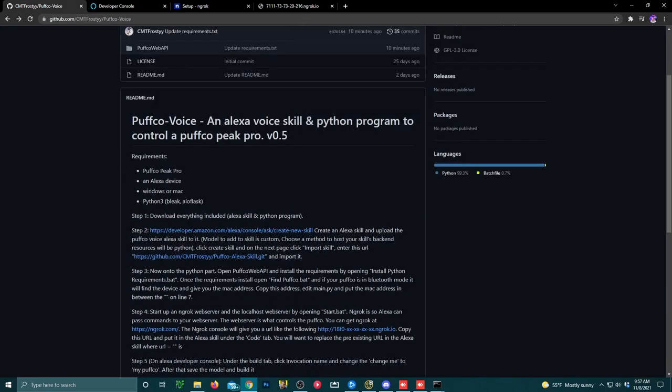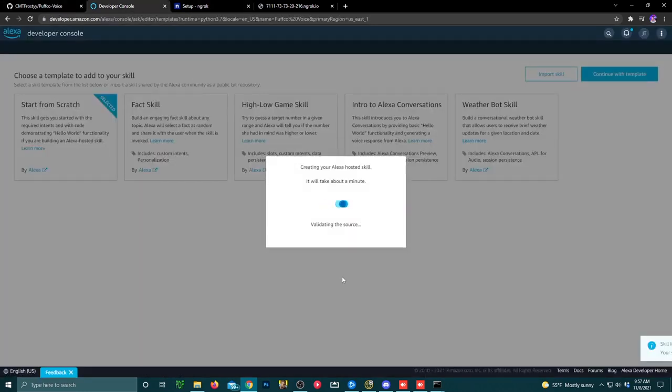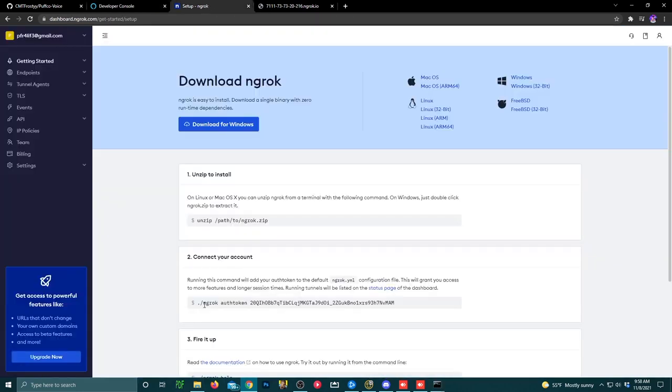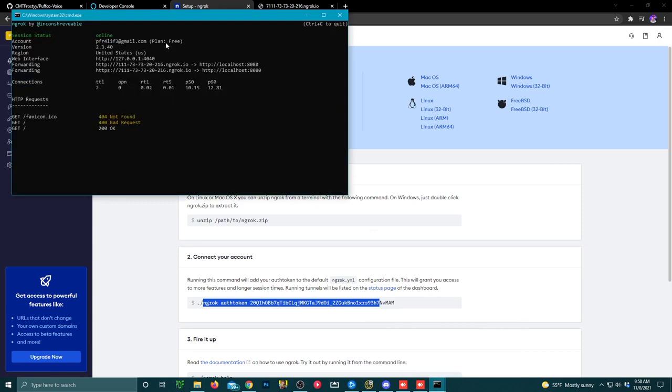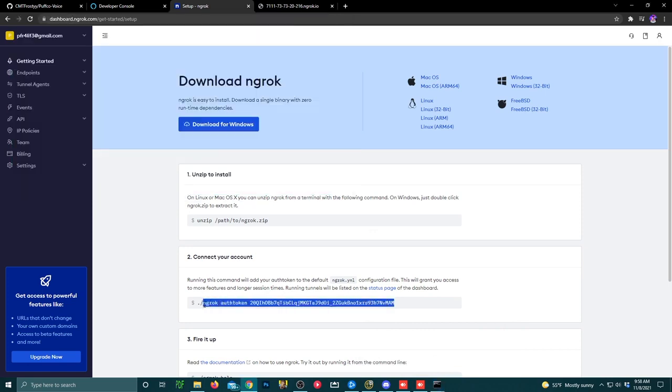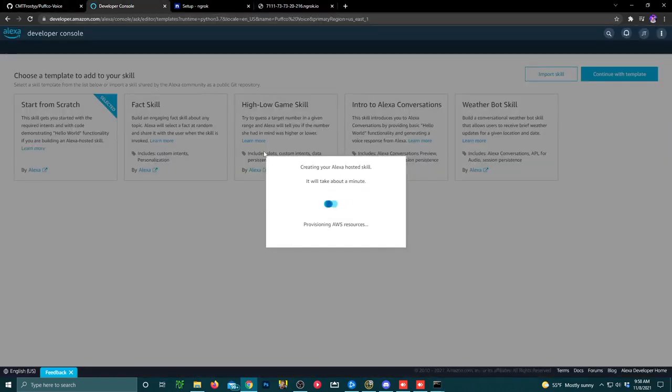at the bottom for the GitHub CMT Frosty Puffco Alexa skill. Make sure you copy everything inside of the quotation marks, but not the quotation marks. Next, you're going to go to the Ngrok website and copy your Connect account authentication token. Make sure you copy the Connect Your Account code up till the /. After that, your authentication token will be saved, and then we're moving on to the Alexa skill on the Developer